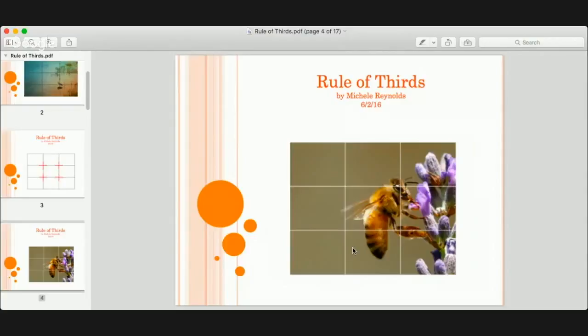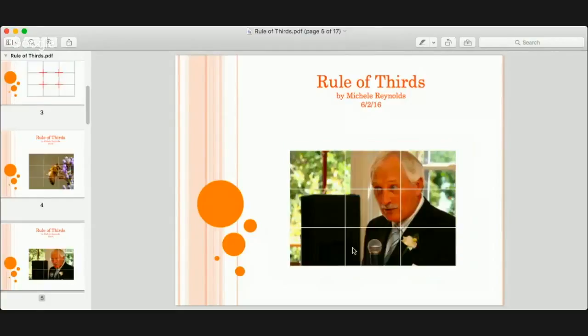Now for the rule of thirds, we're going to look at some examples, because this is kind of about digital, I want you to see. You're going to see a picture of a bee right there on some flowers. It's a close-up. It's absolutely beautiful. Well, the bee's eye is the point of interest. Then we're going to look at one with this man speaking, and he's got actually three things that are points of interest there.